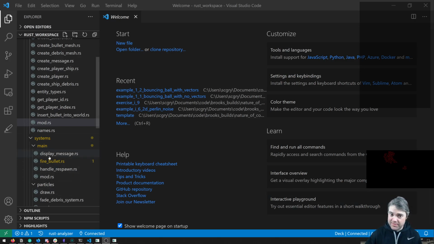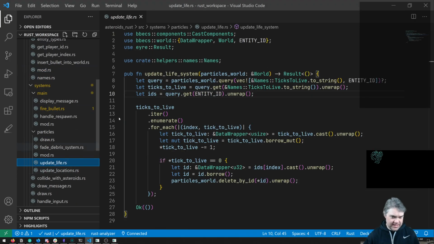Oh right, I think we're gonna make the bullets die after a certain amount of time. Yesterday I was thinking about whether or not I wanted to use the same sort of ticks remaining to live that the particles have, but I think I just need a separate system just for that. And if we take a look at our update life here, it has the particles world. It looks for